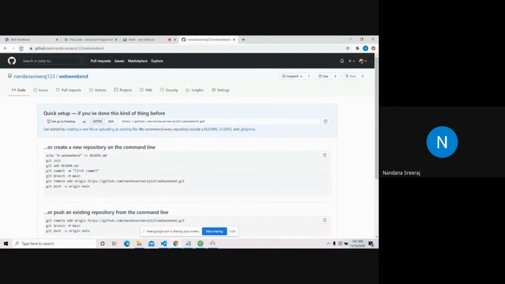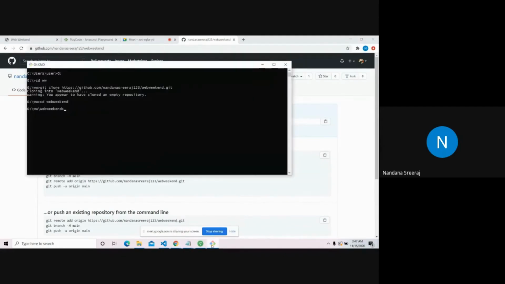So what you have to do is add the files and push the files to GitHub. For that, we use three commands, and these commands are kind of constant. First, git add dot. Git add dot means you're adding all the files that you have. And then the second is git commit -m and some message.